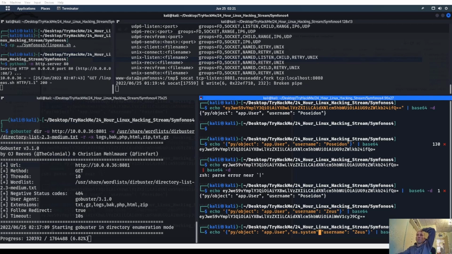I have no idea. What would we even call this right here? Application user, so it's